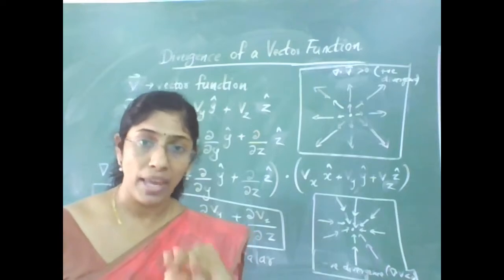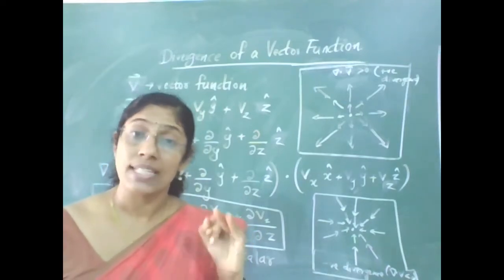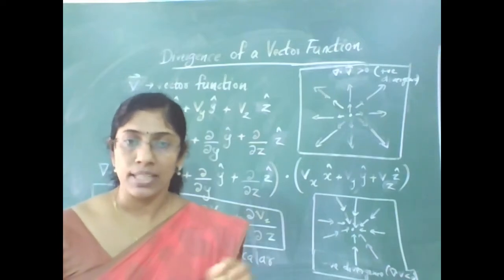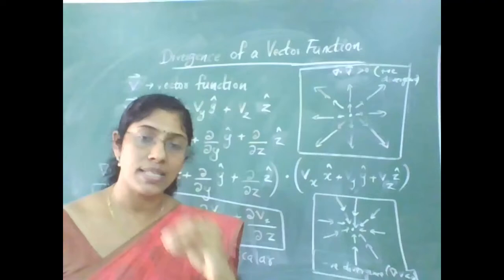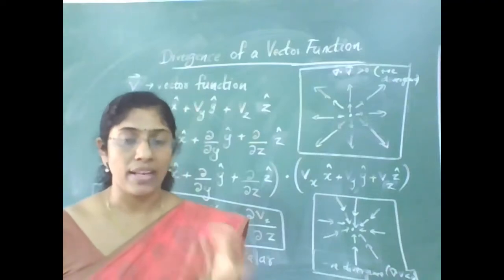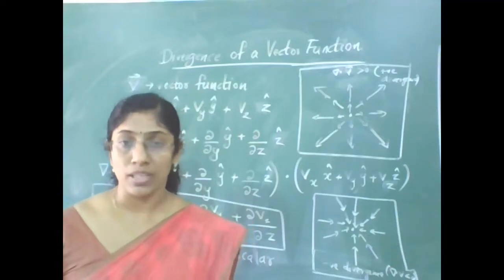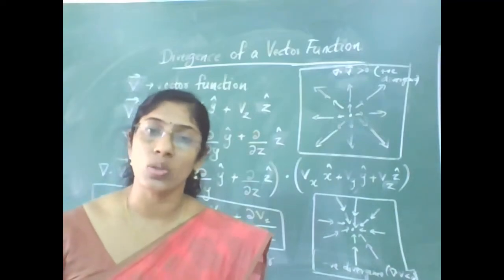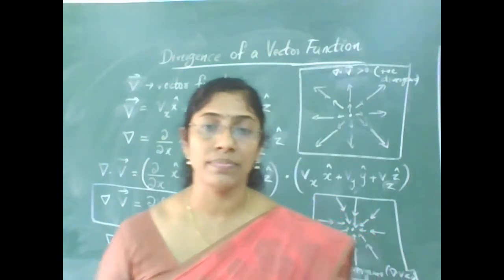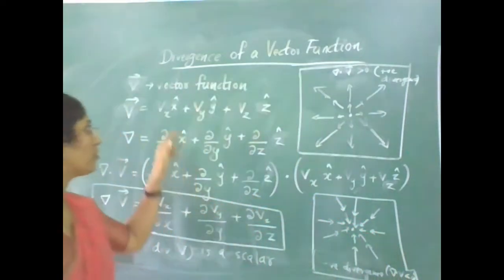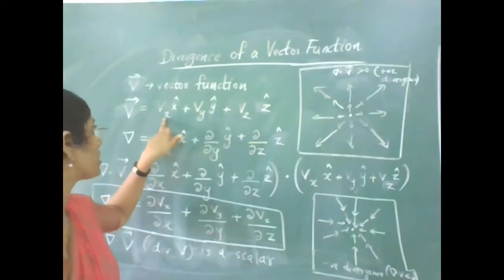There are three main types: Cartesian coordinate system, cylindrical coordinate system, and spherical polar coordinate system. A simple one is the rectangular or Cartesian coordinate system, where x, y, z are the coordinates. In the Cartesian coordinate system, we can represent a vector in terms of its components